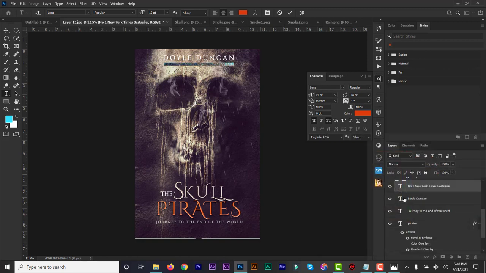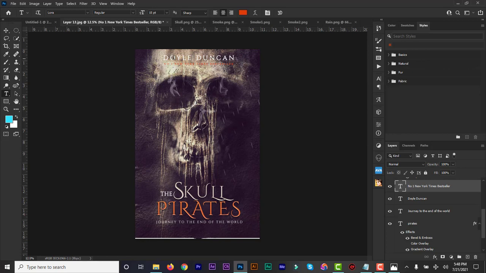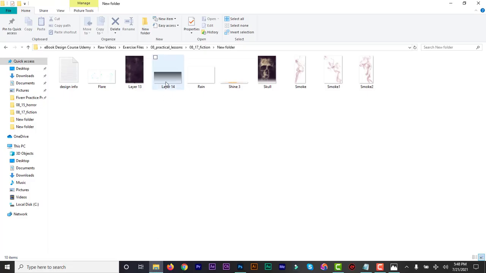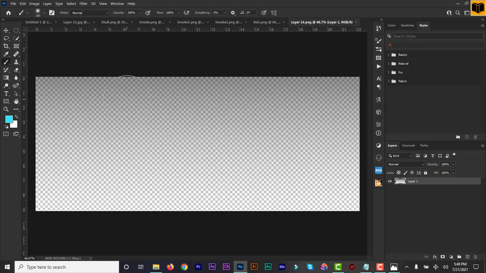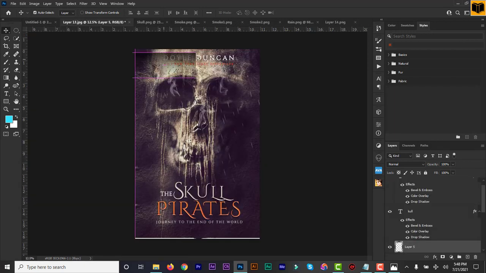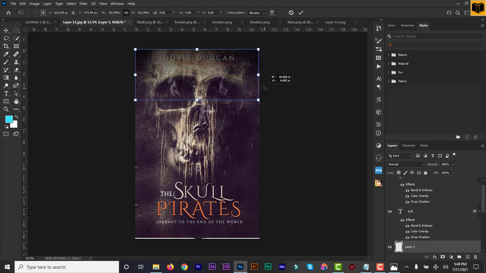Now I'm going to add, you can see I can't see it clearly, so I'm going to add maybe a drop shadow or something. So first let me add the shadow at the top. You can see that you can't see the text clearly, and that's because the top part of the skull is kind of bright. So like I said, you can use the brush to add some shadow, or you can use any of the imported shadow like this and make the background kind of darker, and then the text will